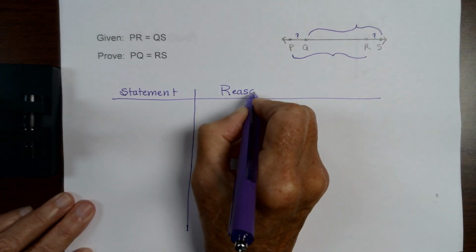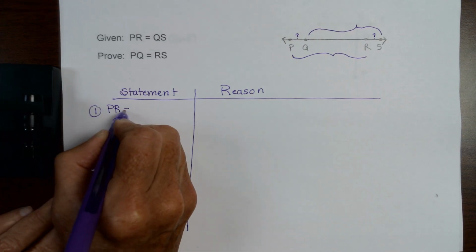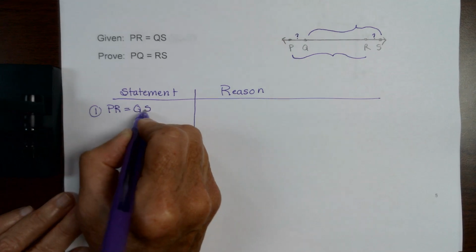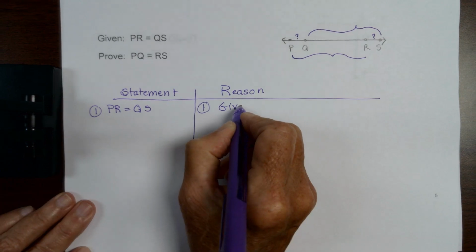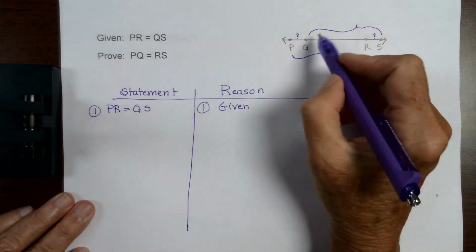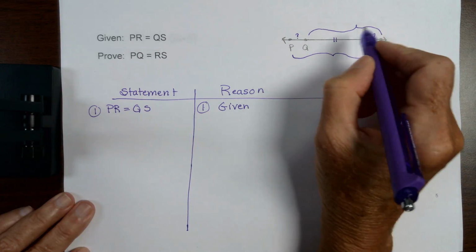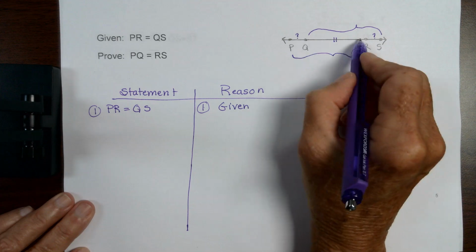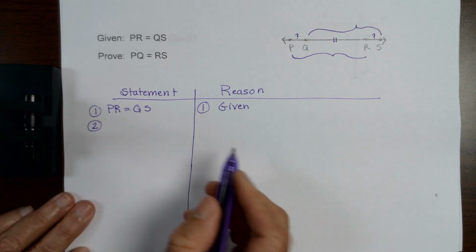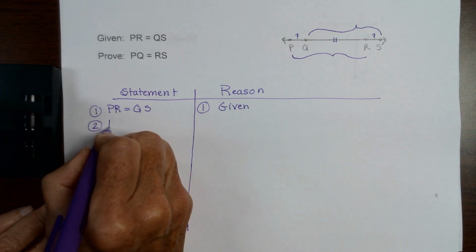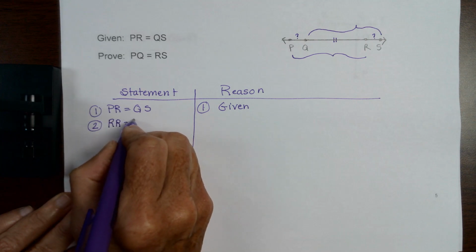Let me explain that once I get the first step written down. So PR is equal to QS, and that's your given. If you notice, what this and this have in common is that little section right there. So I can come over here and do segment addition and say PR is equal to PQ